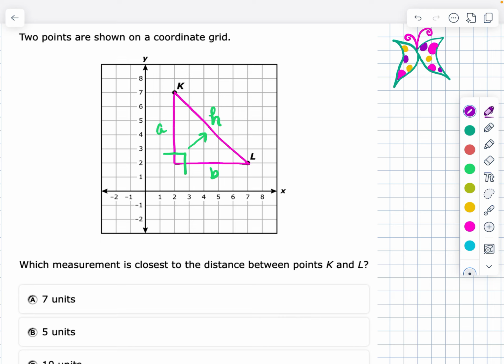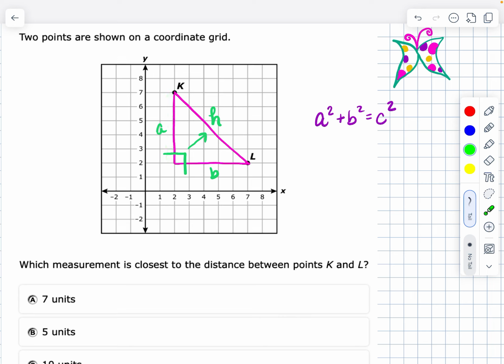So I'm going to go ahead and write it: A squared plus B squared is equal to C squared. And now all I need to do is fill in A and B. To do that, I need to know how long A is and how long B is. So we can either count. I can count 1, 2, 3, 4, 5 units for B, and 1, 2, 3, 4, 5 units for A,